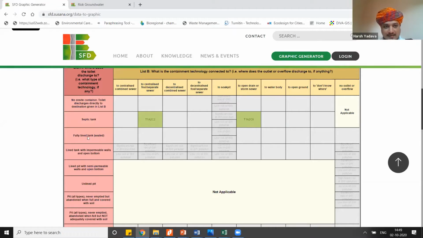Also, let's just say when we were surveying the city and collecting the data, we observed that there are also toilets in the city which were connected directly to a sewer line. So what we will go for is toilets connected to a centralized separate or foul sewer. And also, if you see broadly, we also observe, let's just say we observe